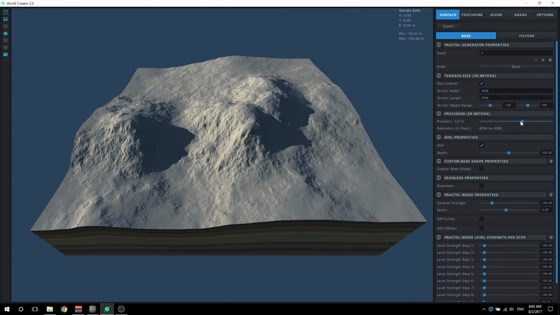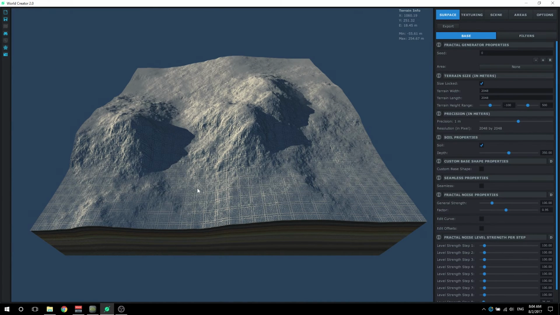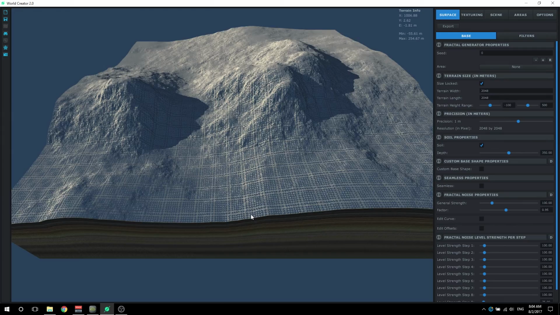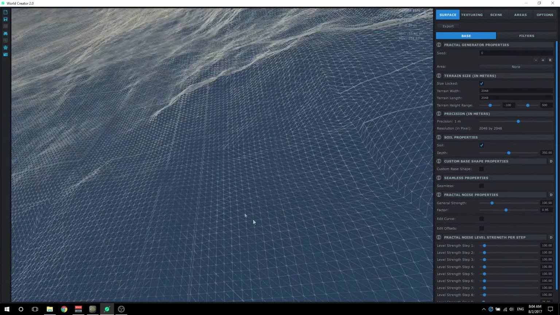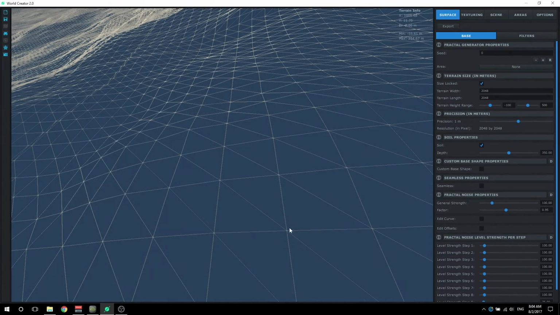Let me take this back to 1 meter, and I'm going to turn on wireframe mode and then further zoom in to show you exactly what this is doing. Now you can see here's the quad, and that quad is subdivided into 2 tris. And that is based on 1 meter. So essentially from this vertex to this vertex is 1 meter, and this vertex to this vertex is another meter,